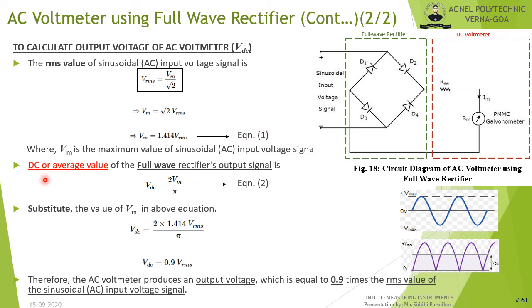Now the DC value or the average value of the full wave rectifier signal is VDC is equal to twice Vm upon pi. Substitute equation number 1, that is the value of Vm, in this equation. We get VDC is equal to twice 1.414 Vrms divided by pi. Simplify this equation and we get VDC is equal to 0.9 into Vrms. Thus, the output voltage produced by the AC voltmeter is equal to 0.9 times the root mean square value of the